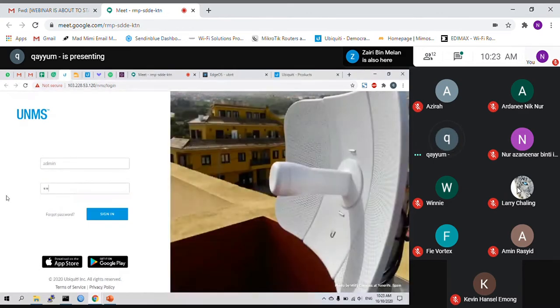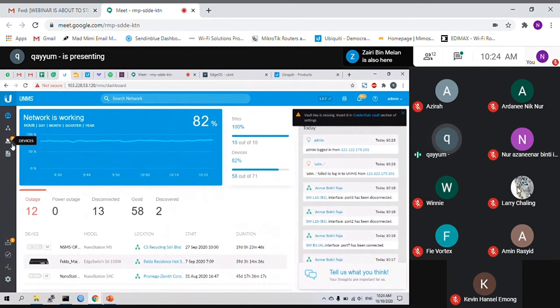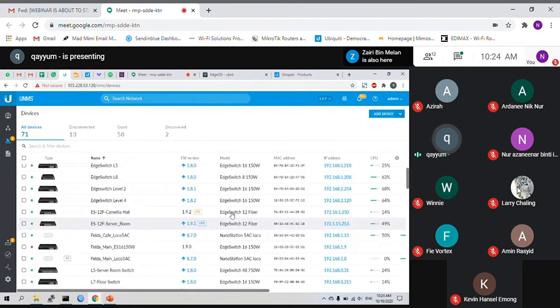UNMS is like a monitoring tool for you to monitor and manage your Ubiquiti devices, but not all Ubiquiti devices are supported. For HMAX, yes, it can support monitoring, so you can monitor your switches, your routers. For example, this 8 switch, you can monitor the up and down report. So this is what UNMS is.